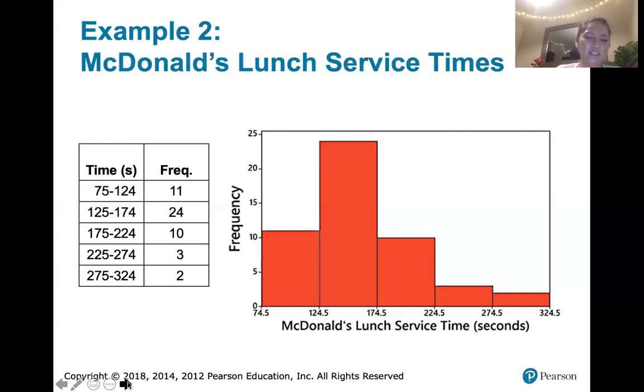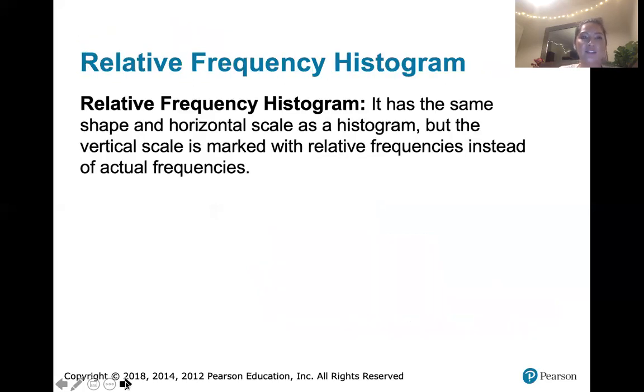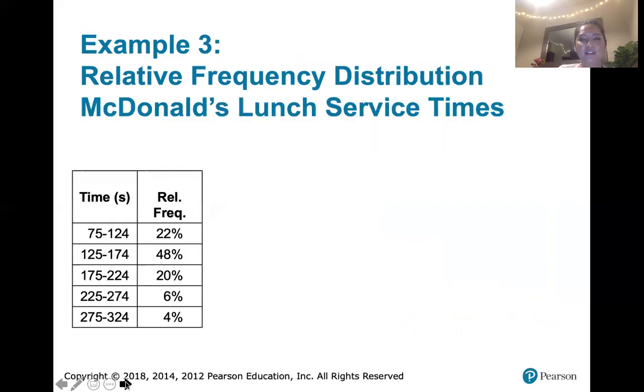Now, in addition to regular histograms that have frequencies on the vertical axis, we can also have relative frequency histograms. This is where instead of having frequencies on the vertical axis, you have relative frequencies. So let's look at the relative frequency distribution for those McDonald's lunch service times. It's exactly the same classes as before, but rather than telling us that we had 11 customers that were served between 75 seconds and 124 seconds,